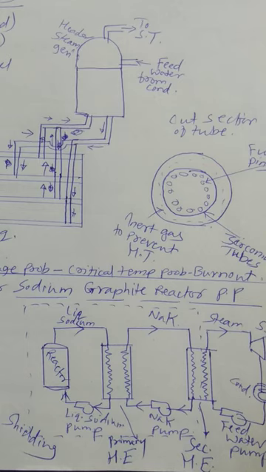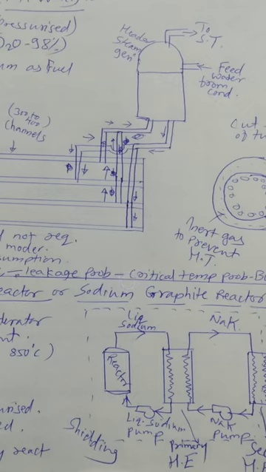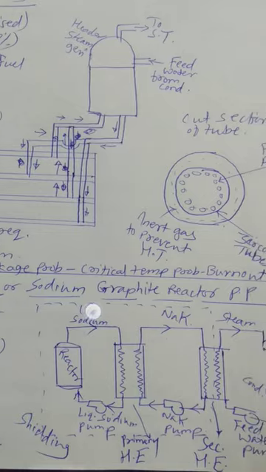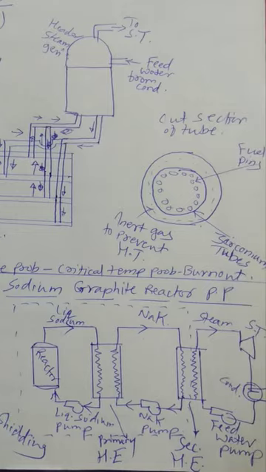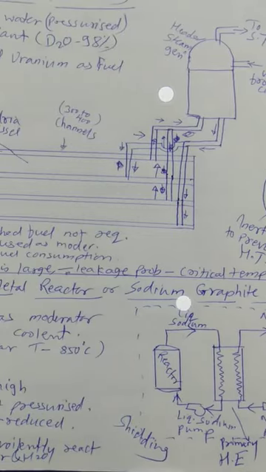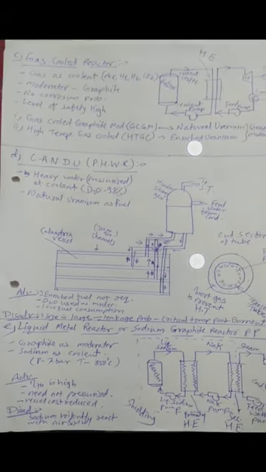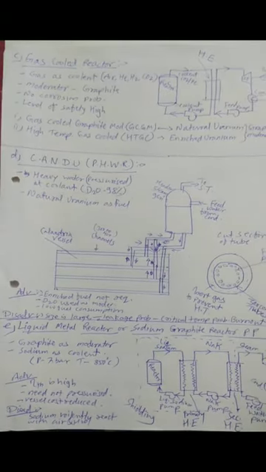It means that if the temperature keeps rising and the heat is not being transferred, layers form on the tubes, due to which, we know that heat flux is directly proportional to h ΔT, h reduces drastically because of the layer formation on the tubes. So ΔT, that is the temperature, increases up to the critical level, and burnout of the surface happens. This is the main disadvantage we can say as far as the CANDU power plant is concerned.